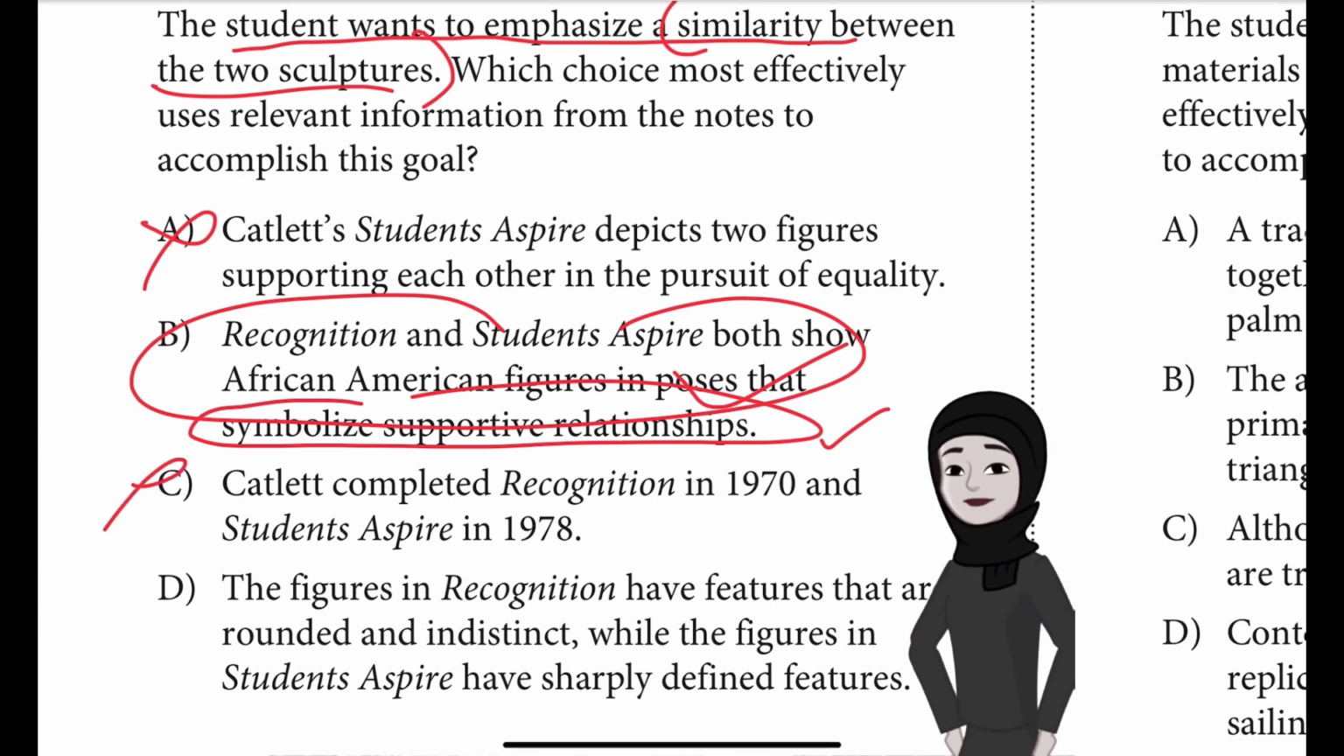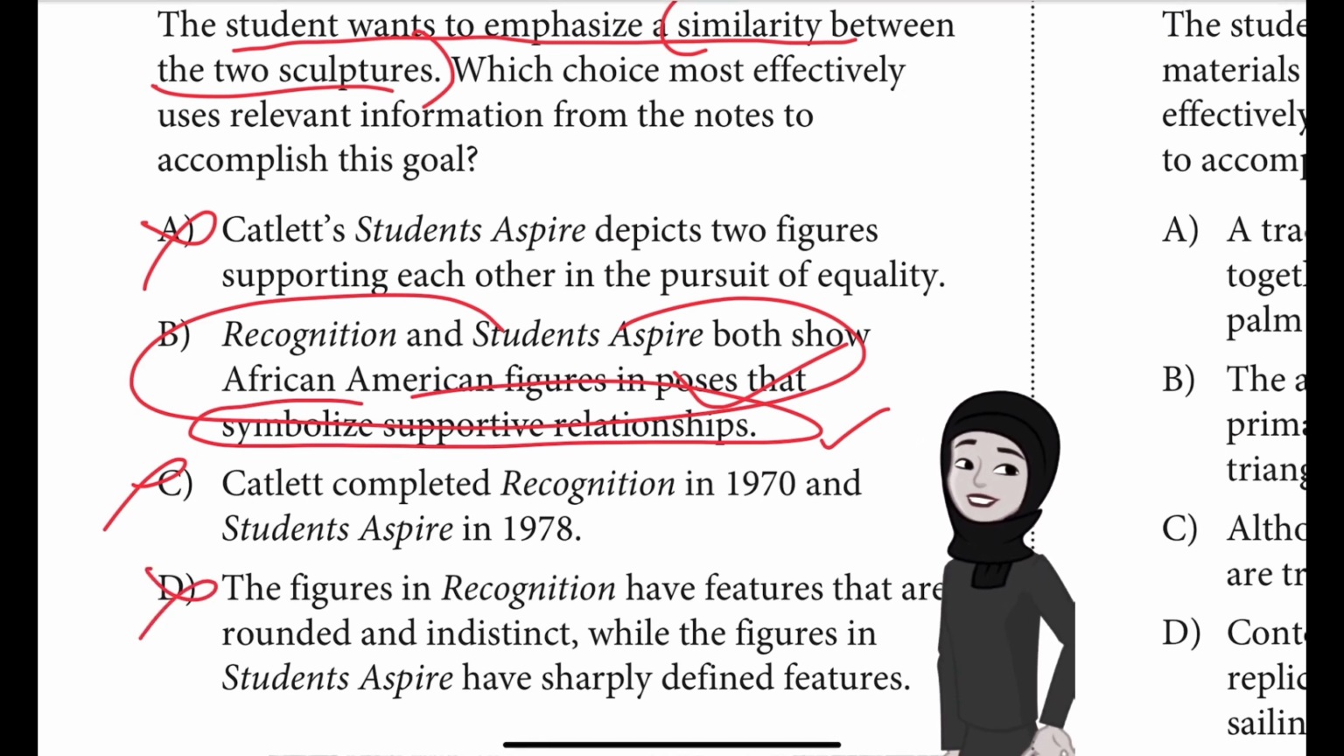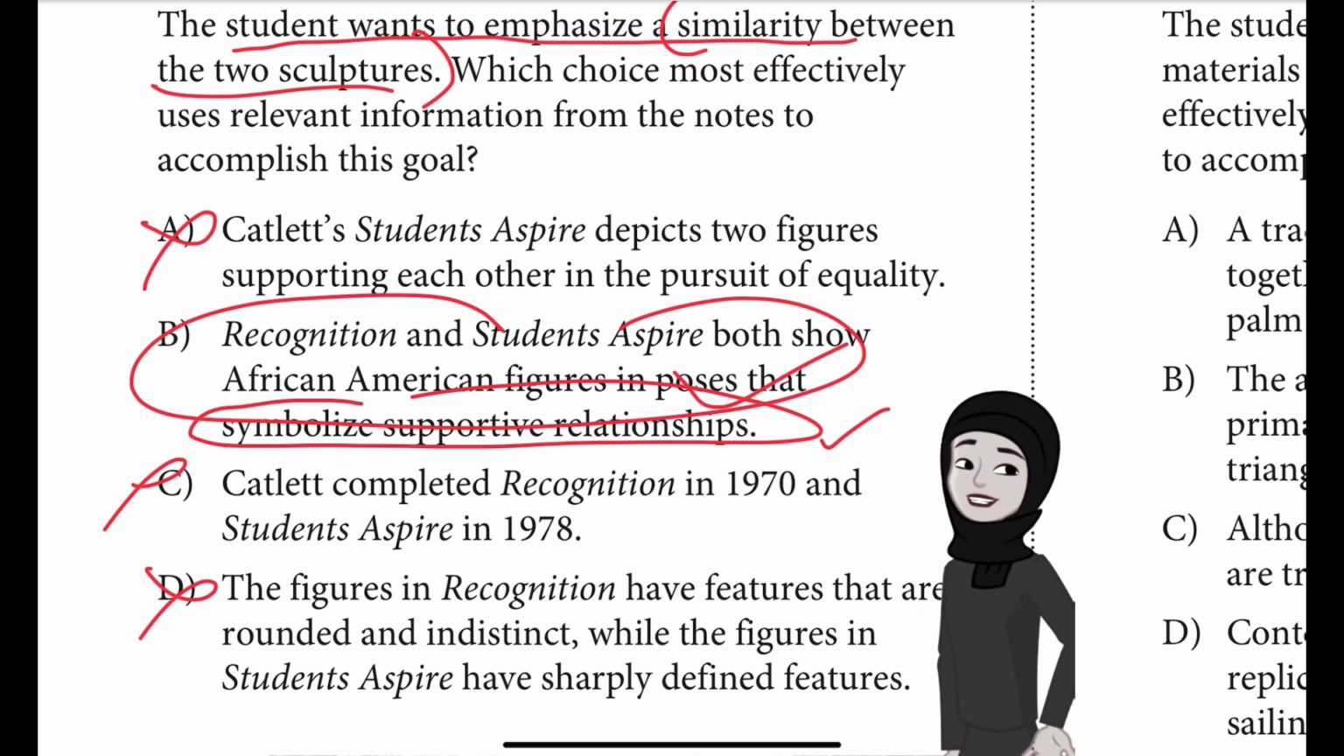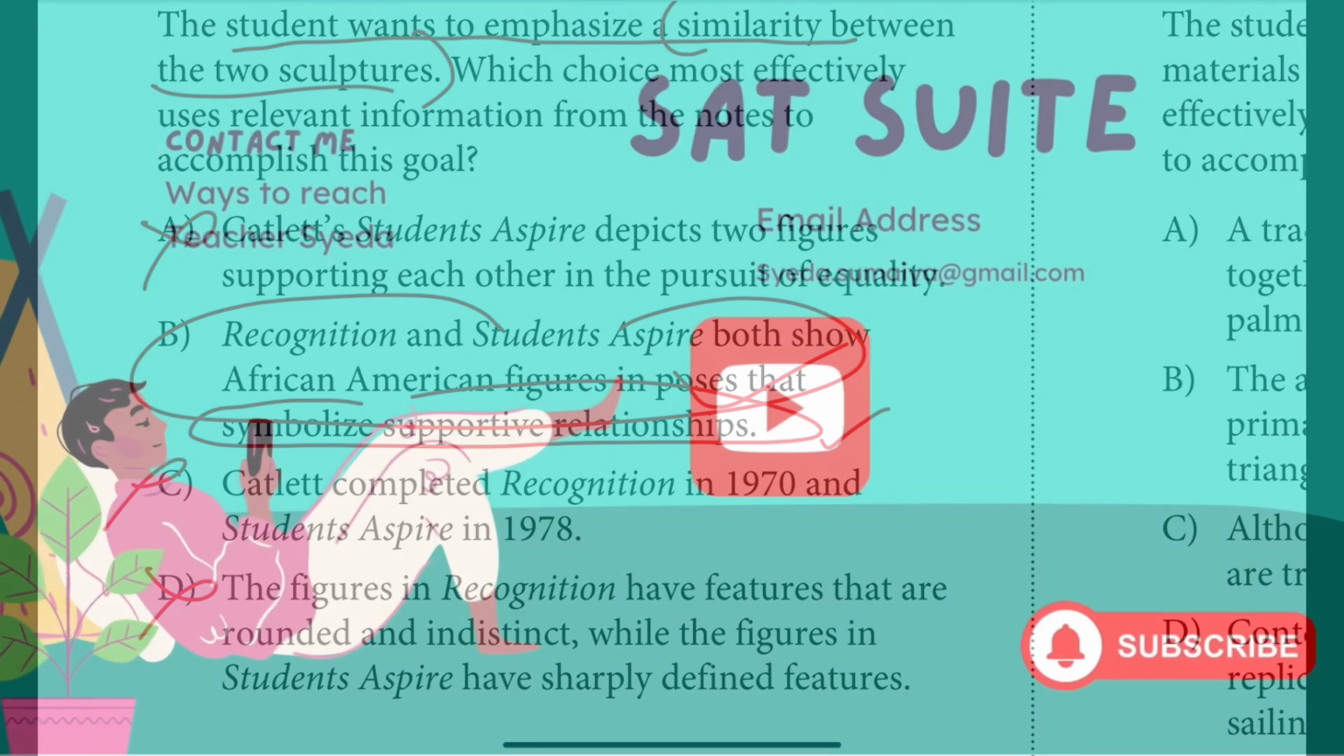C is incorrect. The sentence specifies the different years the sculptures were completed in. It doesn't emphasize a similarity between the two sculptures. Choice D is also incorrect. The sentence emphasizes a difference between the two sculptures, noting that the figures in the sculptures have different feature definition. It doesn't emphasize a similarity between the two sculptures. So this was